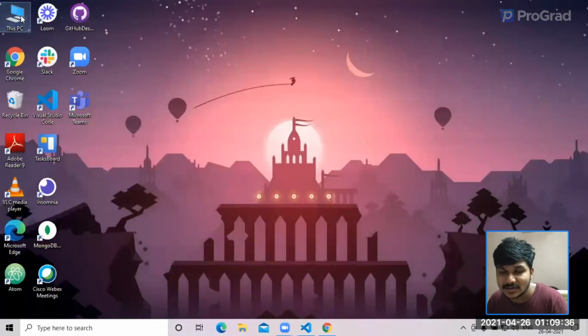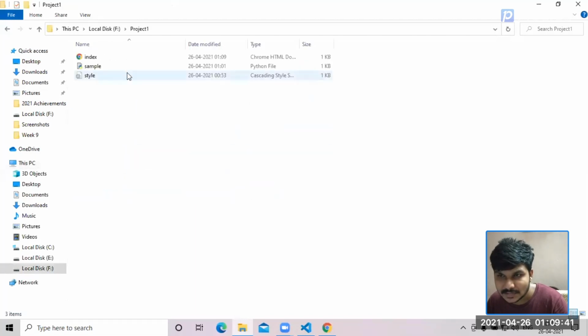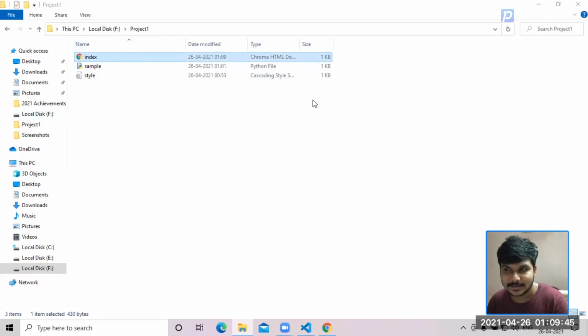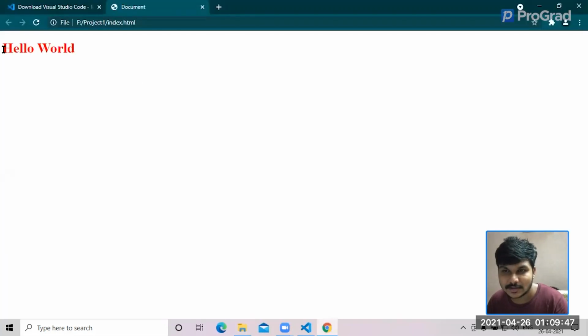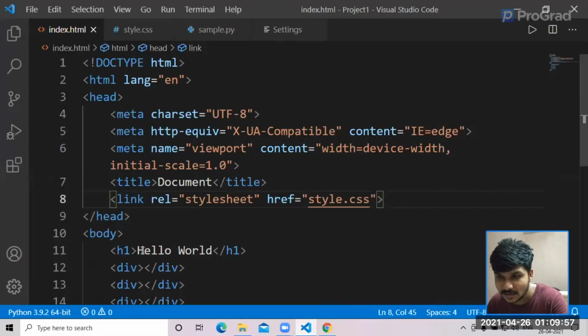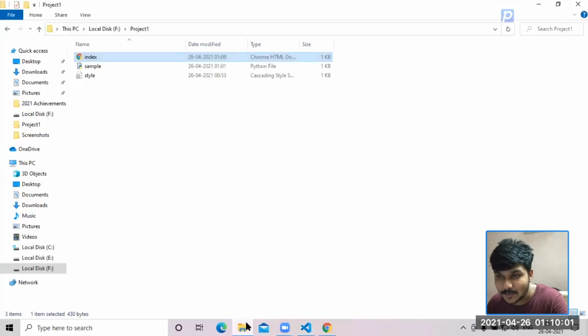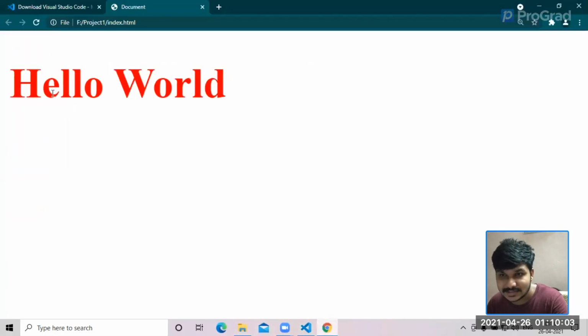Now if you go and see your projects, you should be able to see something like this, kind of a hello world in red color, right? We gave red color. So there you go, you could see your project has become successful in Visual Studio Code, and you can obviously go ahead and see how it actually looks. The same thing, we gave hello world and we styled it with red color, right? The same output has appeared in here as well. So that's a really cool feature.